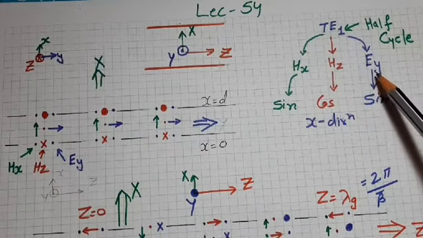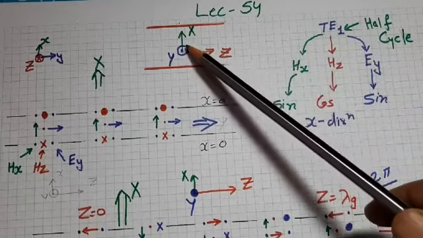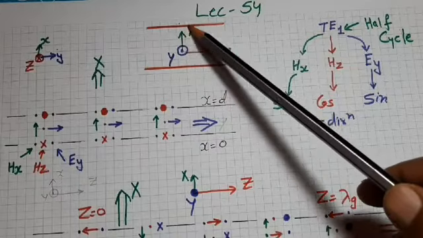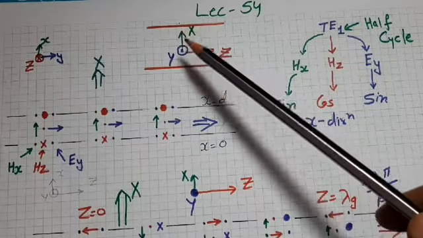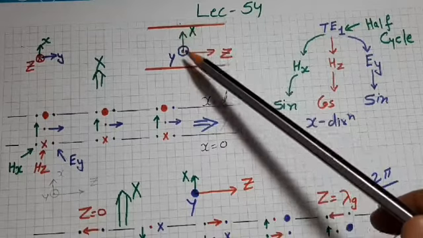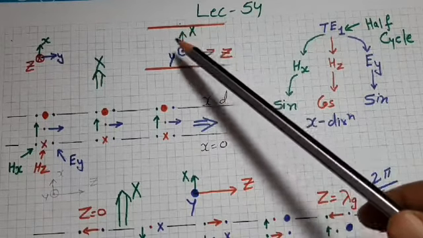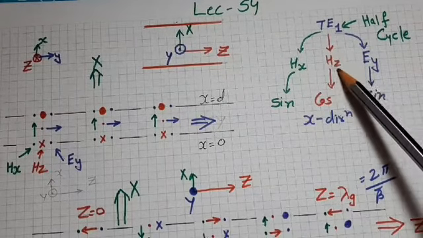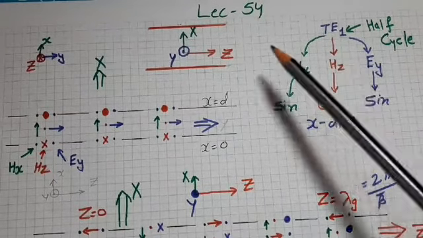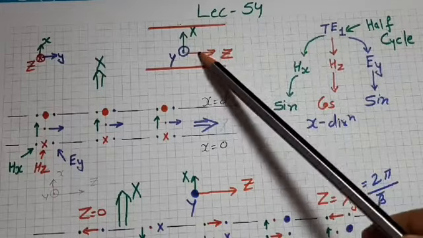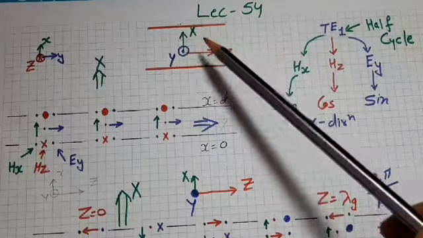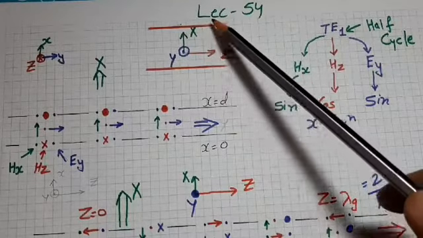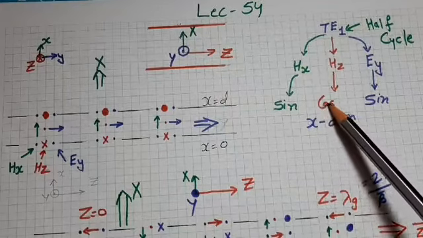Now as we know, the Hx component is always perpendicular to the boundary. Therefore, it has to satisfy the boundary condition and has to become 0 on the boundaries. Therefore, in x direction, it will contain a sine function. Now if we talk about Hz, Hz is the tangential component, that is, it is always tangential to the boundary, so it need not become 0 on the boundaries. Therefore, Hz will have a cosine function in x direction.